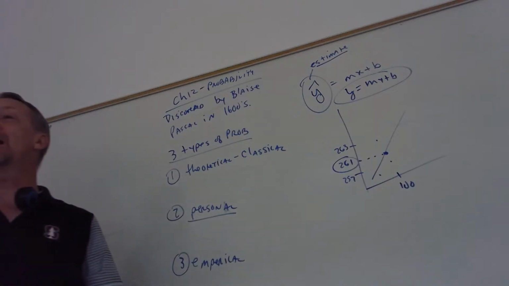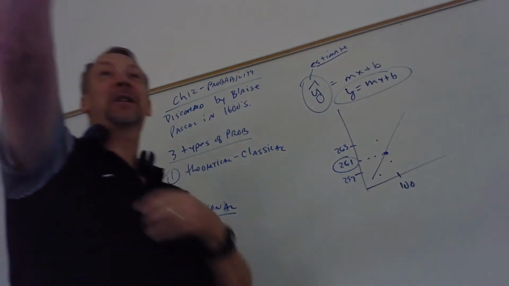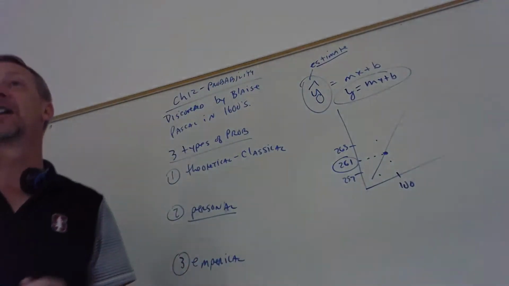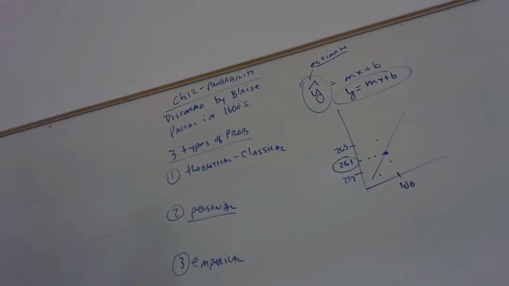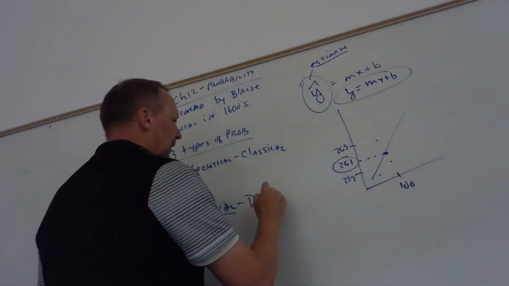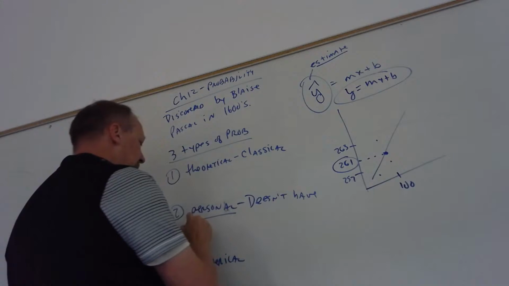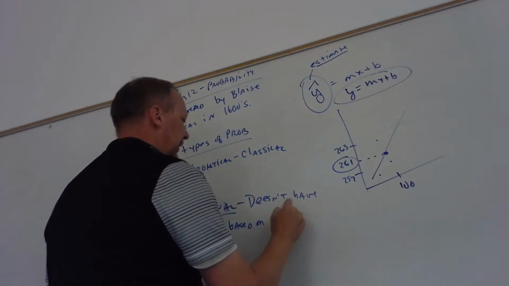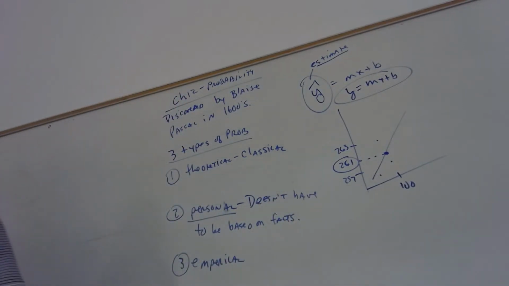Okay. So we got 25%, we got 95%, we got 80%. How did you guys come up with those numbers? Sounded right, right? You just made it up? That's called a personal probability. Personal probability doesn't have to be based on facts. That's the one you're all familiar with. If I ask you to make a prediction, you can just make it up.